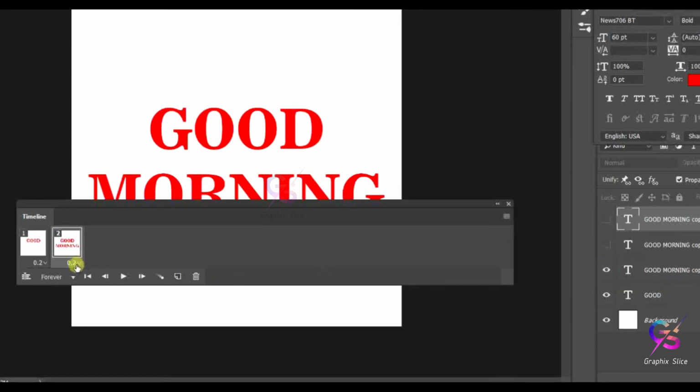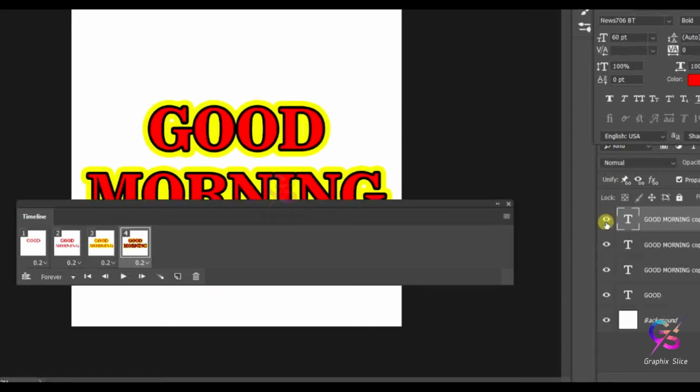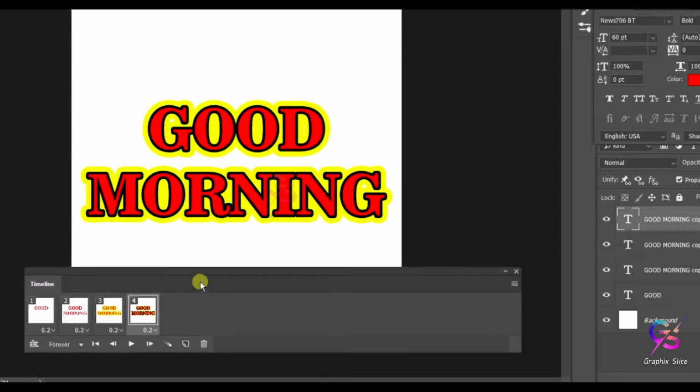Same, this is also 0.2 second. Again I'm going to add the third one, just turn this on. Again I'm going to add one more frame by using duplicate selected frame, then turn on the fourth one, right? Then it will play continuously. You will get a GIF. So when it plays in the order 1 2 3 4, you will get a GIF.